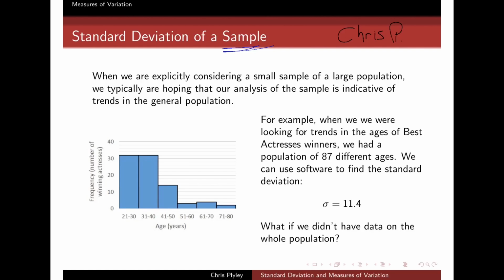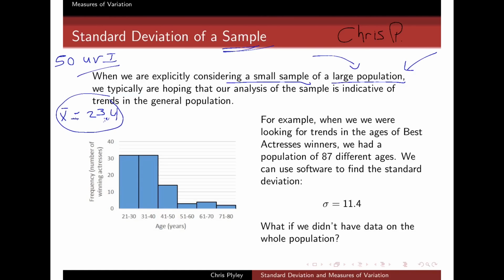So the bottom line is this, that when I am doing statistics and when I am sampling, what I'm doing is I'm taking some subset of the population, but I'm trying to use that information to infer something about this larger population. So for example, let's suppose that I took a sample of 50 students at UVI, and I went ahead and took their average age, and I said their average age was something like 23.4 or something like that. Then what I'm really hoping is that this number, 23.4, is somehow indicative of what the average age of all students